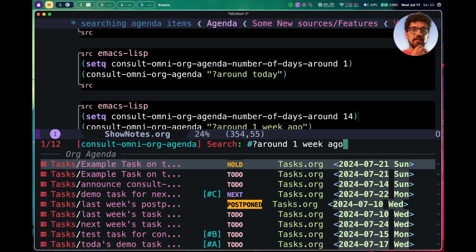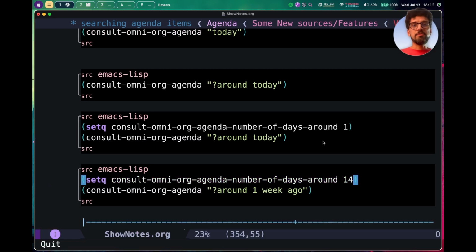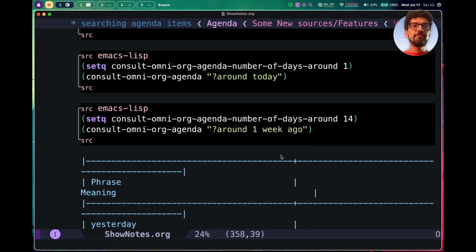So now I'm looking at a search term that says around and 1 week ago. So it recognizes 1 week ago and finds the date of exactly 1 week before today, and then looks around that, meaning 14 days before and after that date, and looks for all those dates in the agenda items. So this is pretty cool